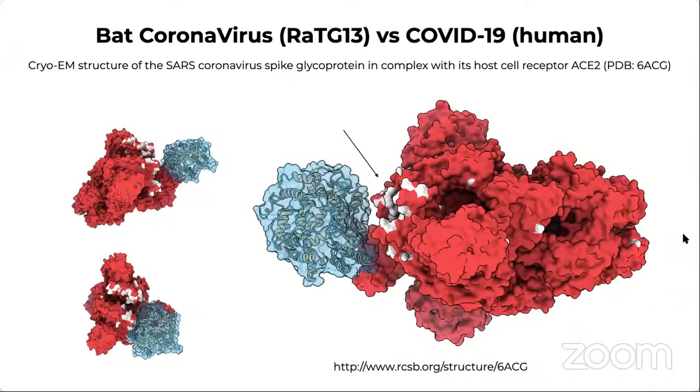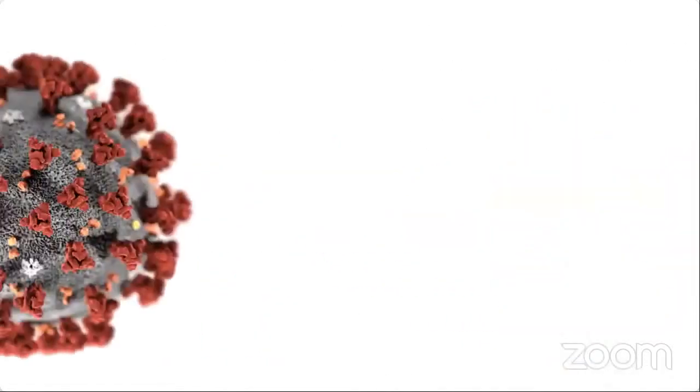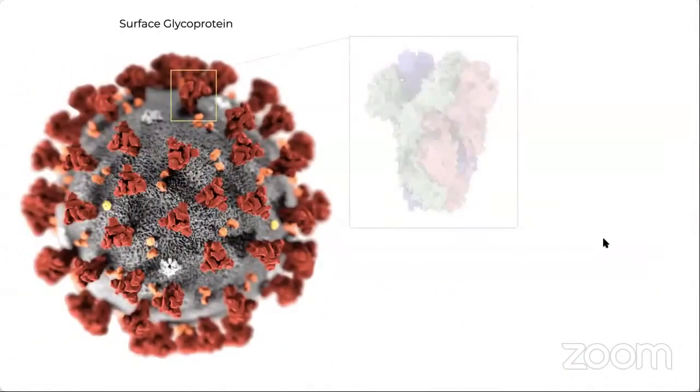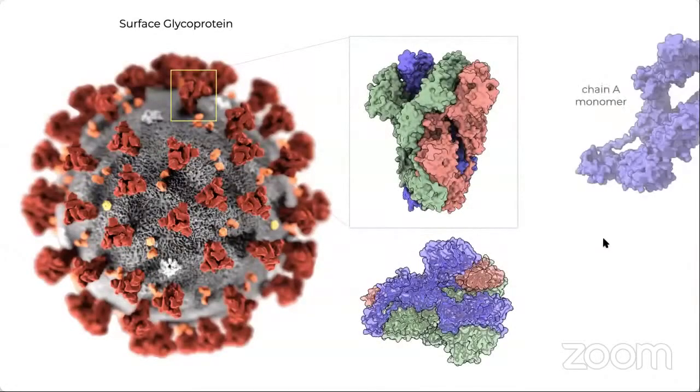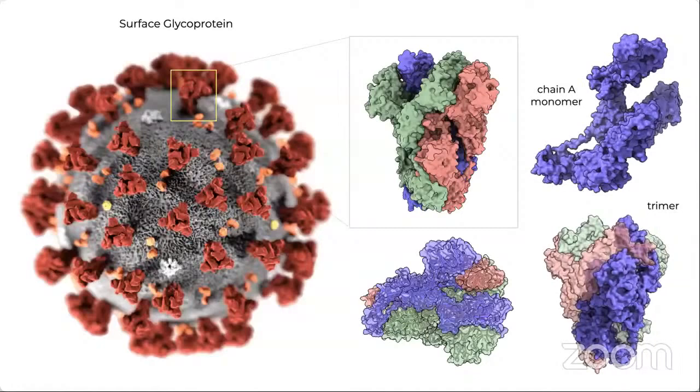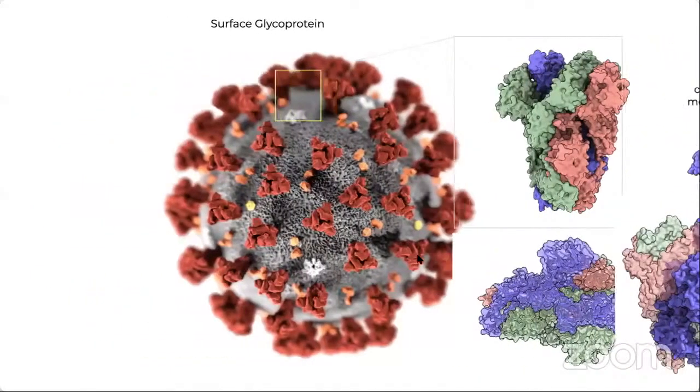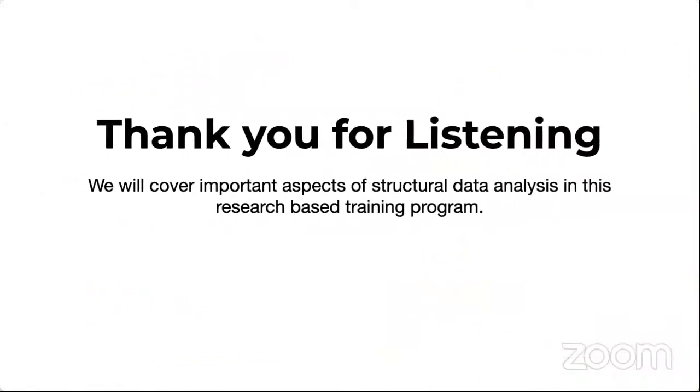All of this is fascinating stuff, and just imagine being able to visualize it and understand from the sequence level to a structural level. That is something that we are planning for this program. And we are hoping that many of you can go through that experience and understand different aspects of structure and complexes, mapping mutations from a single protein from a population to the three-dimensional structure and understanding the function. That is something that we're trying to help everyone learn. So this is what we have planned for the structural part, and that's what I wanted to tell you all about in today's session.